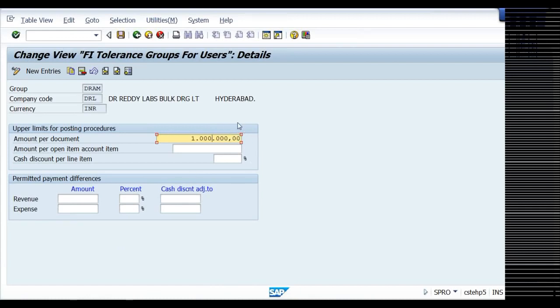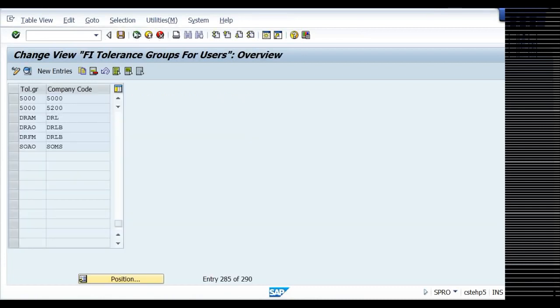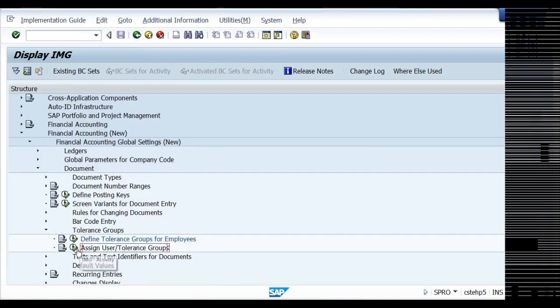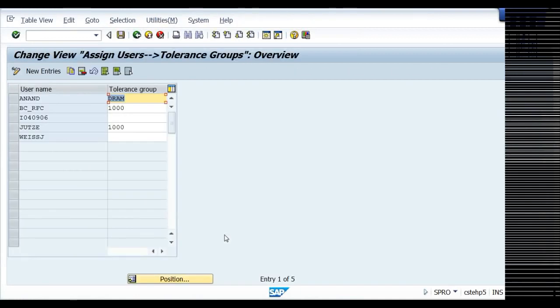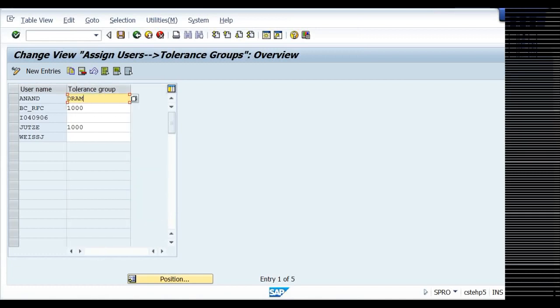Because we have given a limit here and this limit has been linked to my user ID. So assign user ID. Say for example, DRAO is there. For DRAO, I have user ID only up to 5 lakhs.